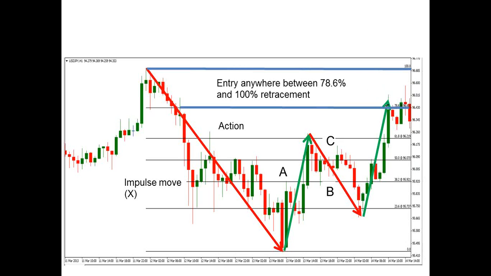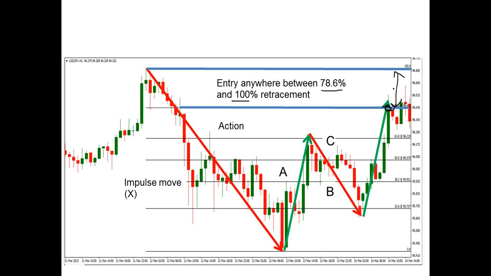generally speaking, when you know that you have a valid Gartley, when the harmonics are met, or when you see that the A, B, C, and the A and the C are equal in the correction itself, once it hits the 78.6 level in this case, the entry can be highly subjective also. Once it hits 78.6 or the trigger line, or even before, if you're using PitView, can get you into these trades before it hits the 78.6 level, because oftentimes it will dramatically spike off of that. You can enter anywhere between the 78.6 and 100% retracement level, which is what we call a trigger